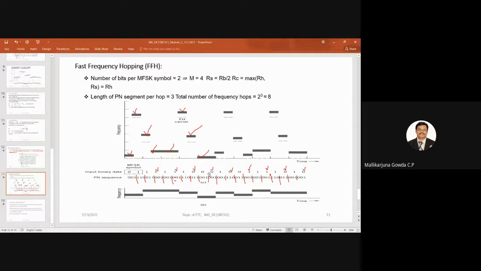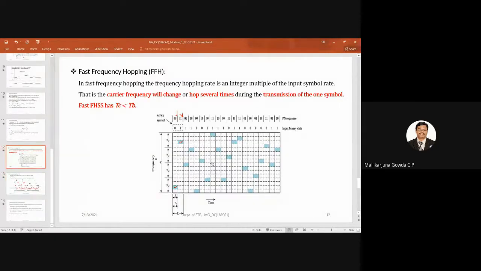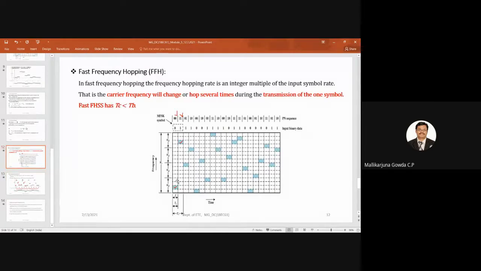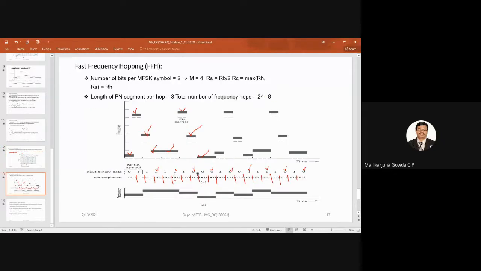Yes, is it possible to make it in the same way as the previous diagram, like this grid structure? Here also, there will be 2 bits per symbol. No? You can make it 2 bits per symbol, right? 0, 0, 0, 1, 1, 0, and 1, 1. But how many frequencies? Since it is 3 bits, no? There will be 7 frequencies.